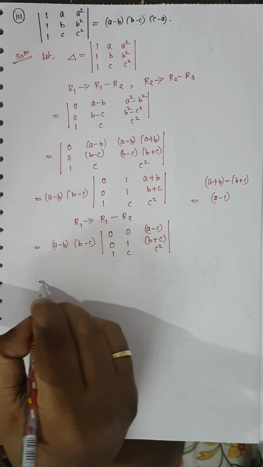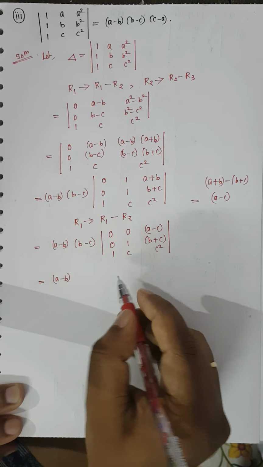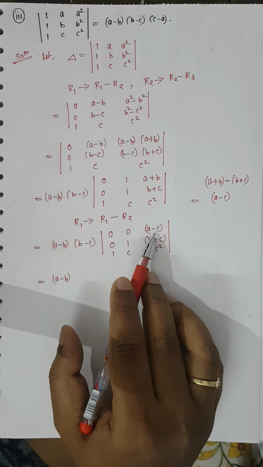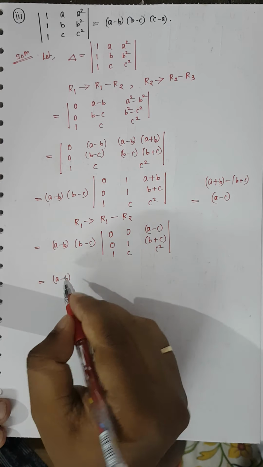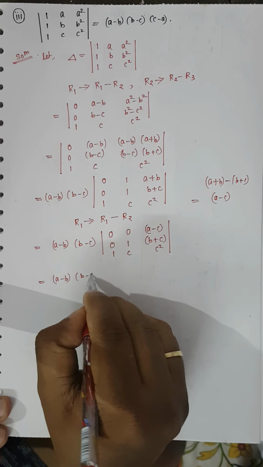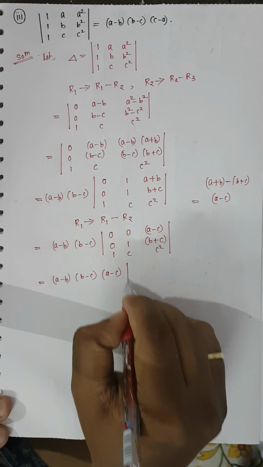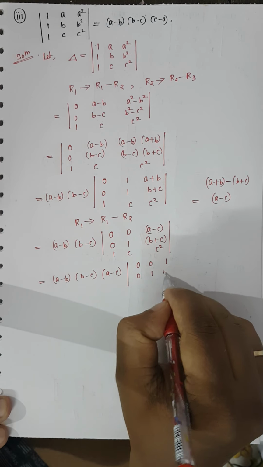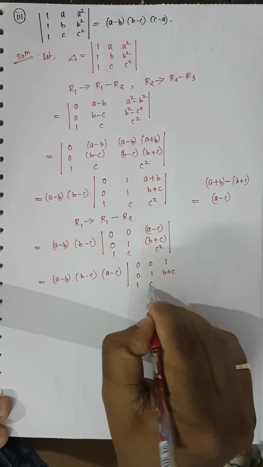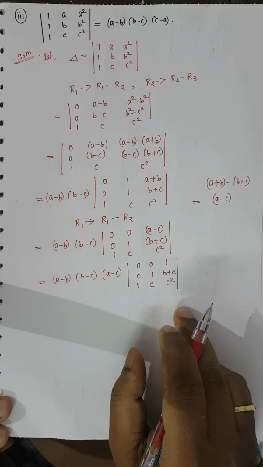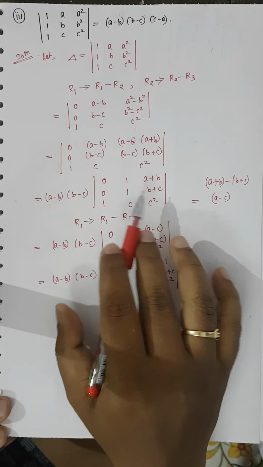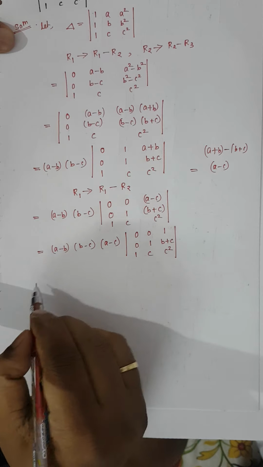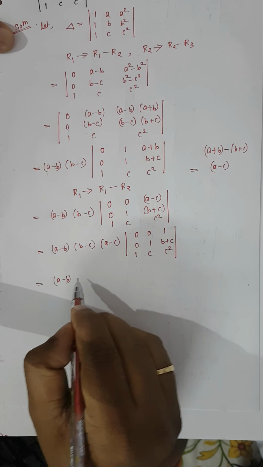Now we need to expand at some stage, but before this, if I take common a minus c from row 1, I will get a minus b into b minus c into a minus c. It will be 0 0 1, 0 1 b plus c, and then 1 c c square. We could have expanded after the third step, but I have used properties. Now if I expand along